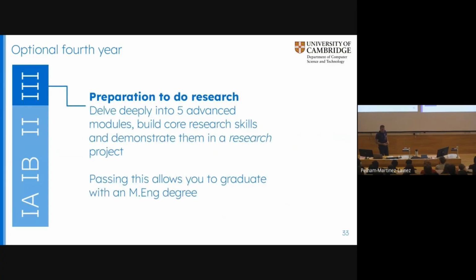That year is actually really, we think of it as preparation to do research. So we're actually going to push the boundary again. We do give you another project to do, another dissertation, but this time it's a project that's on research. So think of part 2 as we try to take you on, in certain subjects, all of the way to the bounds of the knowledge on that thing. And then in part 3, we try and push you over the bounds of that thing. Come up with something novel, see how you do. Learn about how we do some research and how new things get discovered in computer science. That's what part 3 is focused on. We often internally call it a 0th year of a PhD, so it kind of gives you an idea.